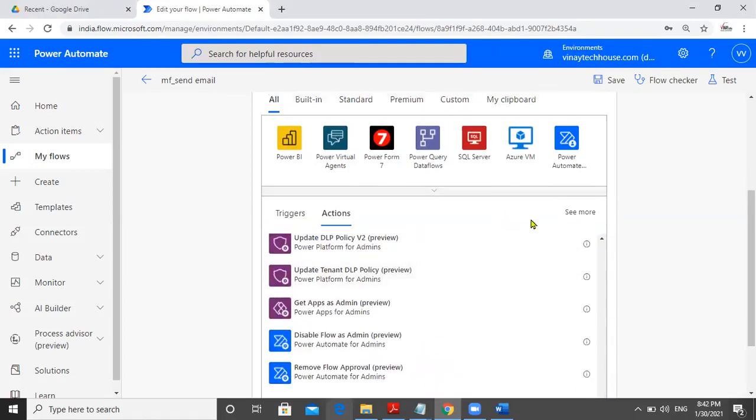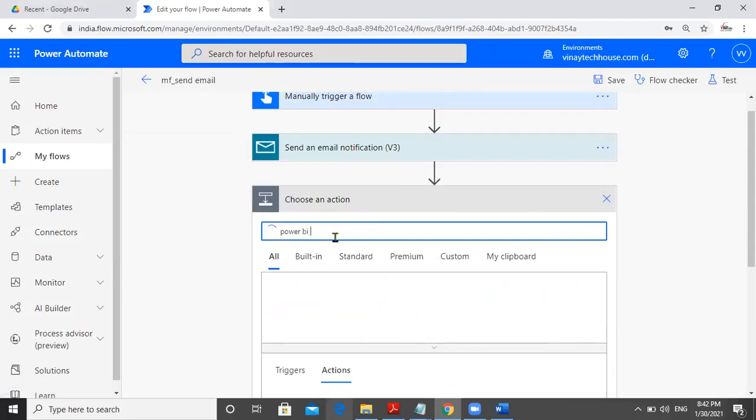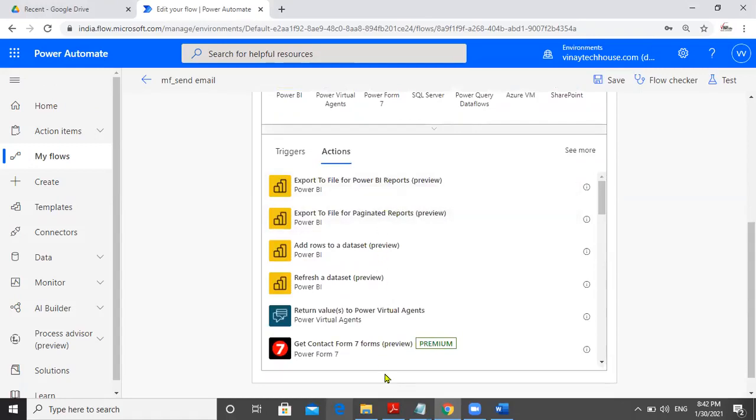There are many available. Power BI. There is something called refresh a dataset.